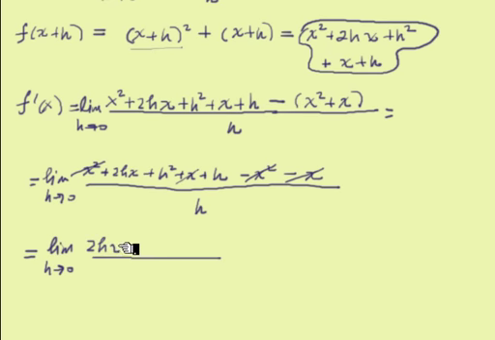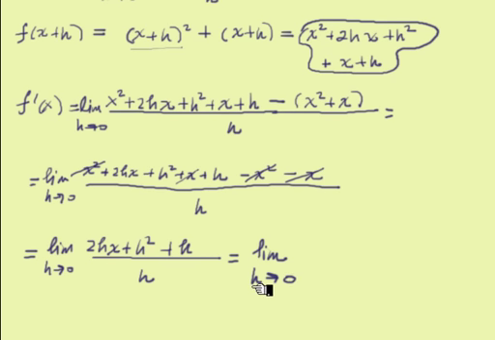2hx plus h squared plus h over h. At this point, all the terms in the numerator have an h in them, so we can divide top and bottom by h. Do that simplification. We always have to do that simplification before we substitute in h equals 0